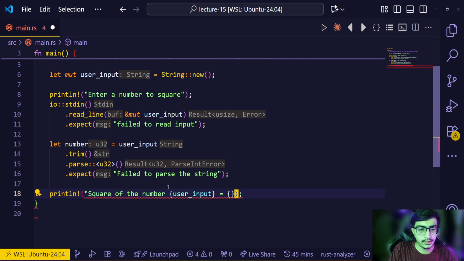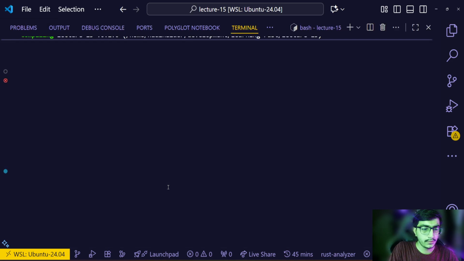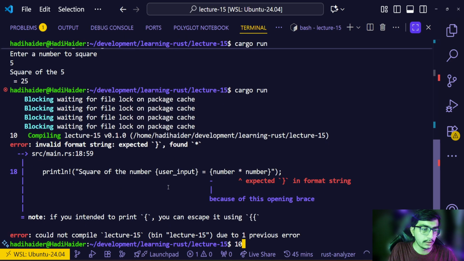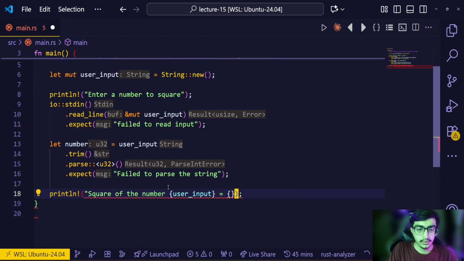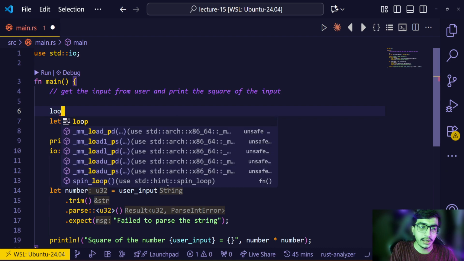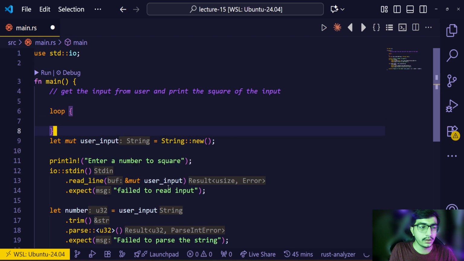Square of the number 5 is equals to, and then let's do number. And if I enter the number, what happened in the format string. Okay, now what if I want to run this infinitely until the user